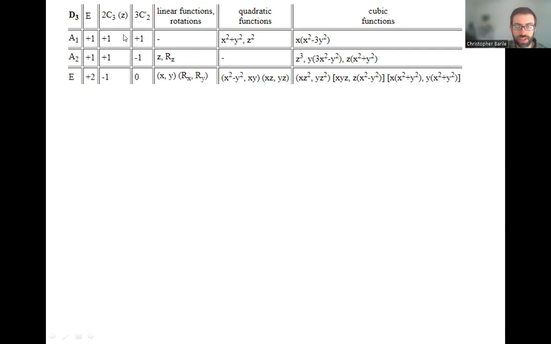So that's what we got here. We got this section of the character table. In the next video, I'll walk through how some of these different functions were derived, how you figure out that these different functions transform as they do, because we didn't actually need to use any of these to derive the character table. We just used our different character table rules. Sometimes it can be helpful, though, to understand how these functions transform and where this is all coming